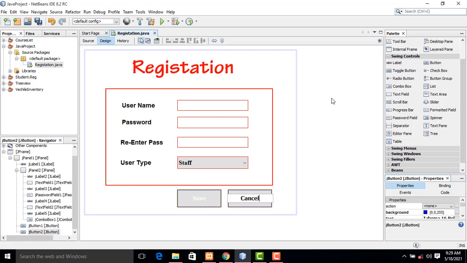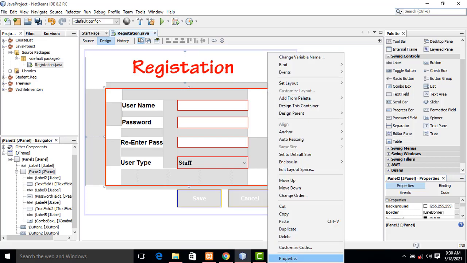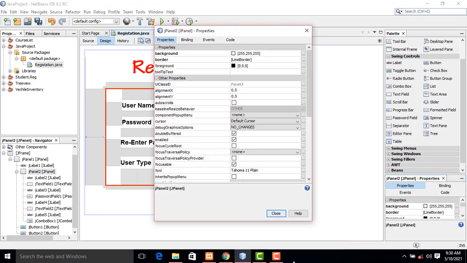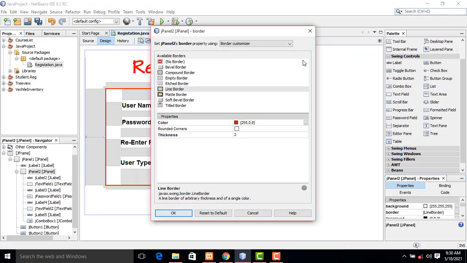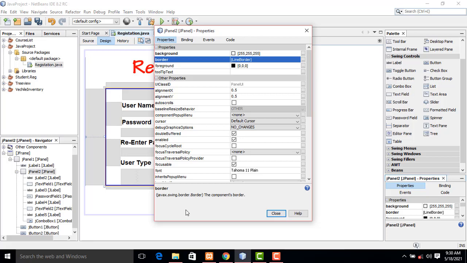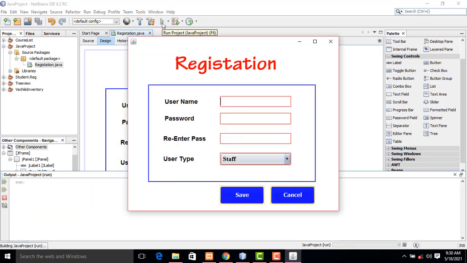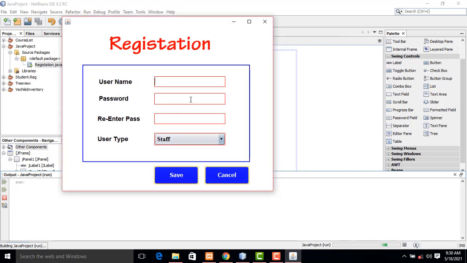Right. Now here also I am going to click on the border color. Instead of the red, I am going to change this one, the border line, border color, to blue. Now the thing is like this. Okay, the simple one we have to do here. If you want, we have to set all the things as blue.